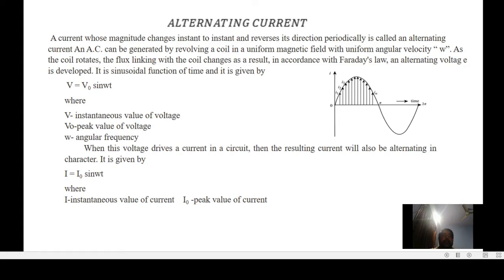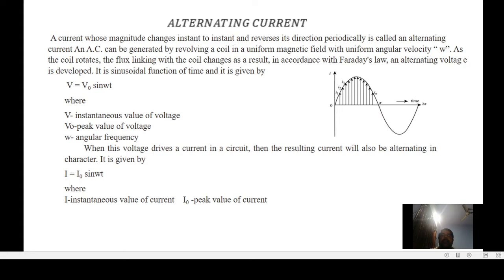But earlier, the only convenient source of electrical energy available was the voltaic cell. Due to the fact that cells and batteries were the only source of power available, some of the early electrical devices were designed to operate from direct current.